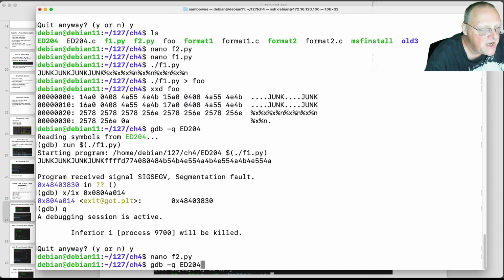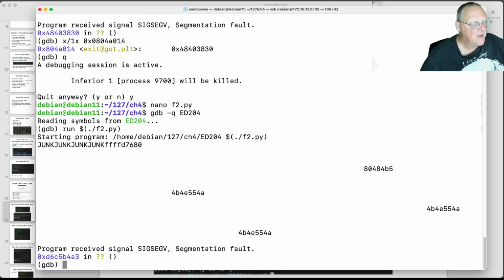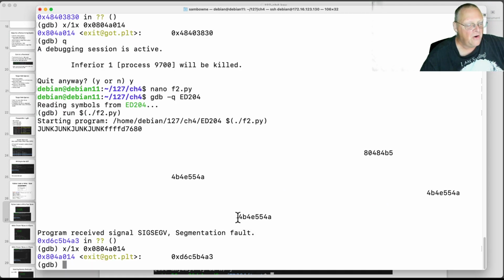So if we debug it again, and then we run the code with F2, now we examine the value. All right, I wanted AA, BB, CC, DD, but you see I'm 7 short here and 7 short there, so I'm 7 short everywhere. So I need to print 7 more characters for each one of these.